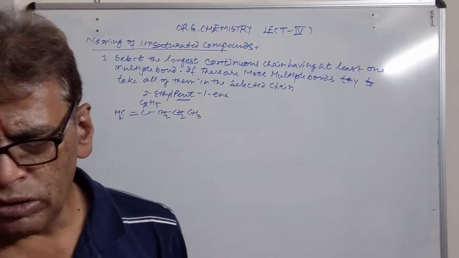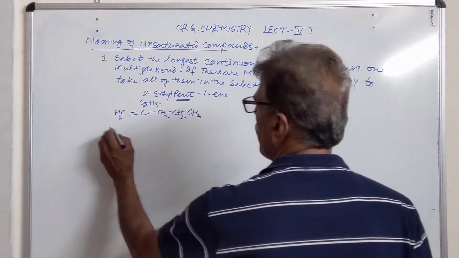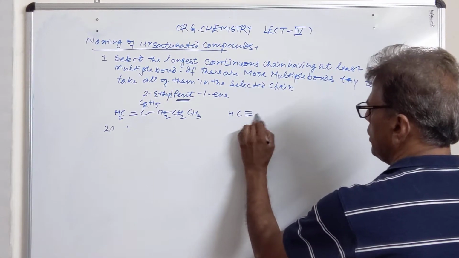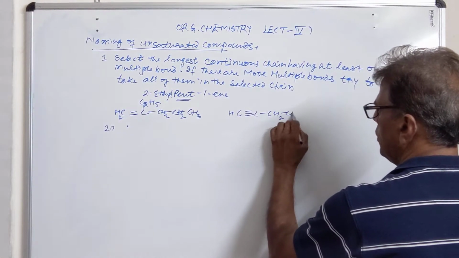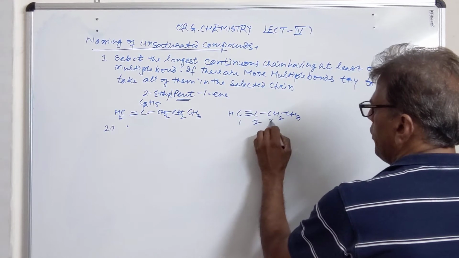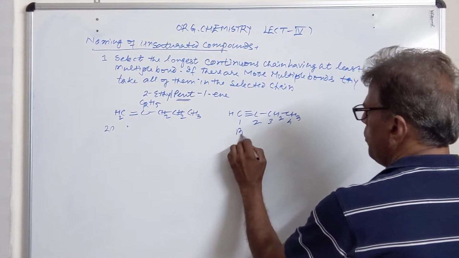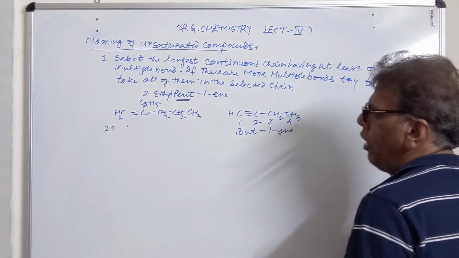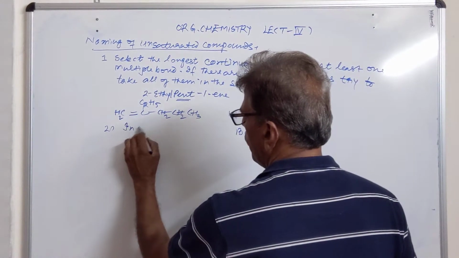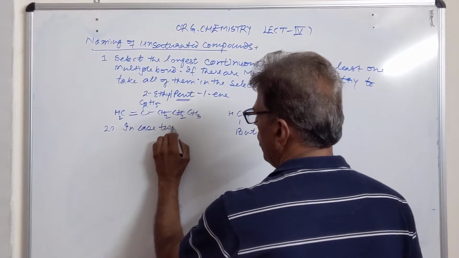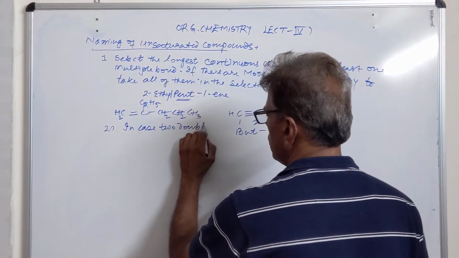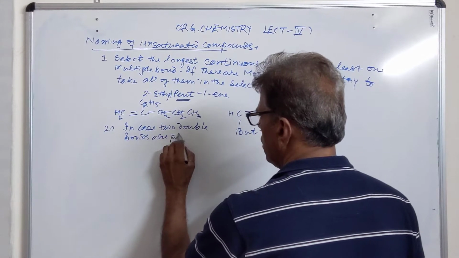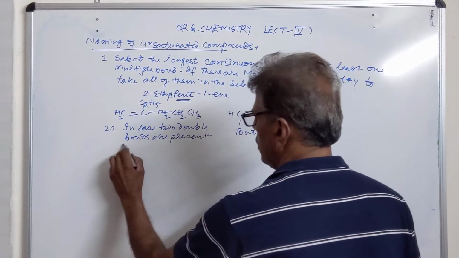Then if double bonds occur twice, we take another multiple system, that is the triple bond system. This is having a triple bond, this will be but-1-yne. Now in case two double bonds are present, then the name is